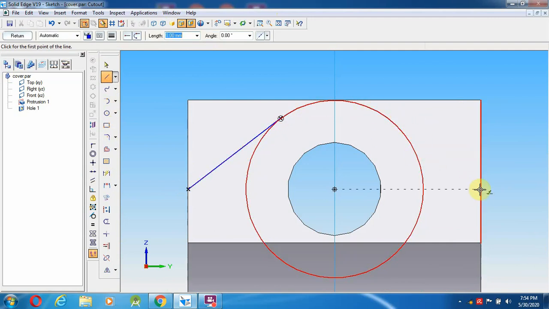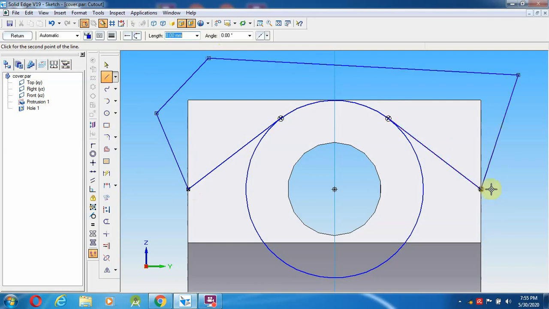From here also you have to connect tangentially, then make a profile that has to be joined over here. After joining this you can trim the unnecessary things.